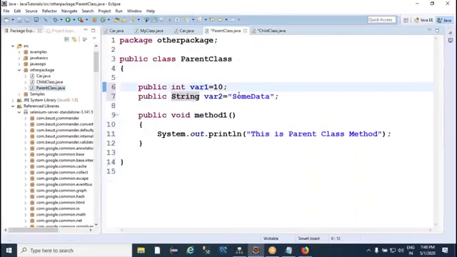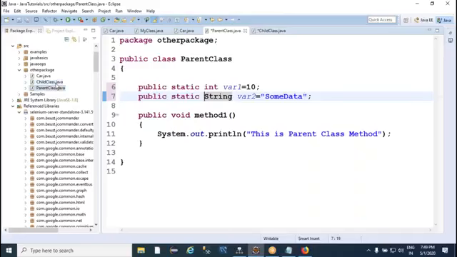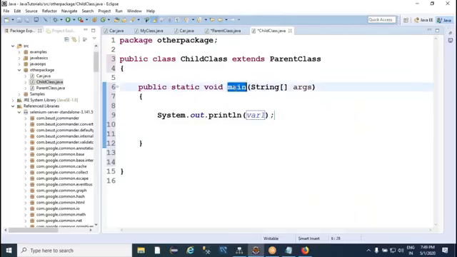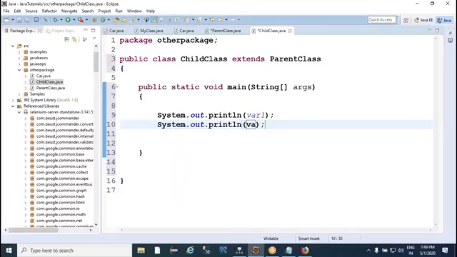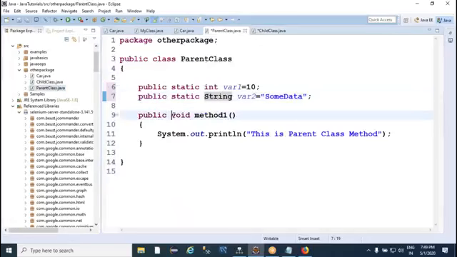Now here it's a static, and this also I'll change it next time. This also I'm making a static because here in the child class I have implemented a main method which is a static method. We know a static method can access only other static members of the class. Okay, now I'm accessing the variable 2 and even I'll change it later. This also I made it a static,